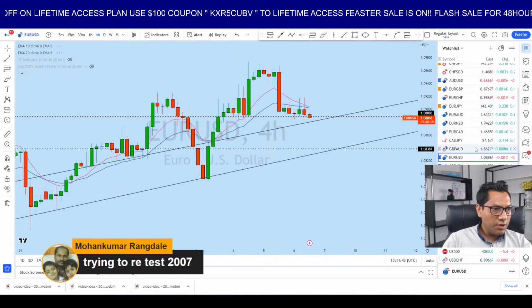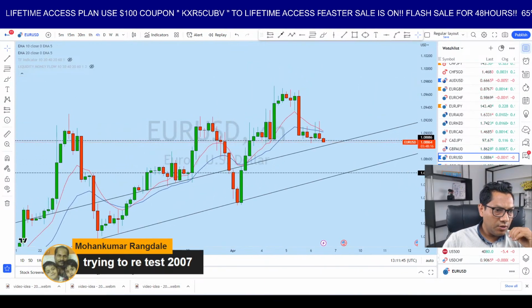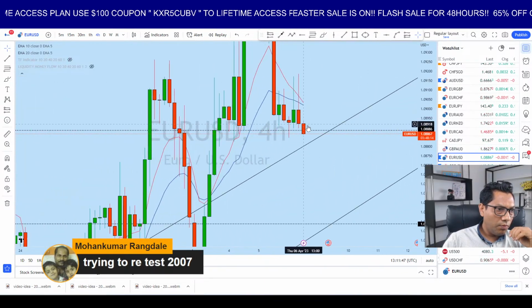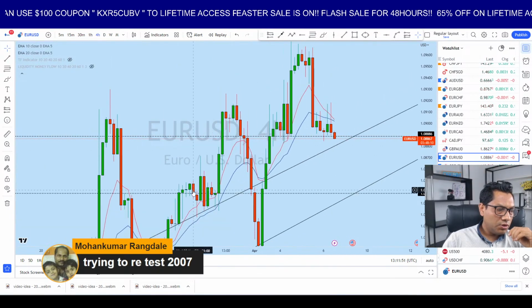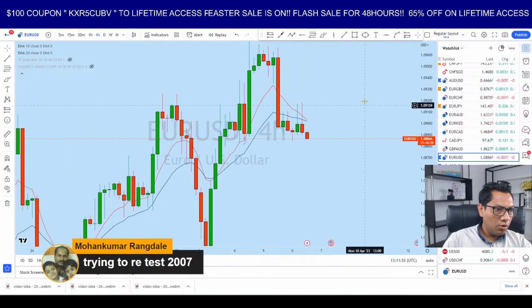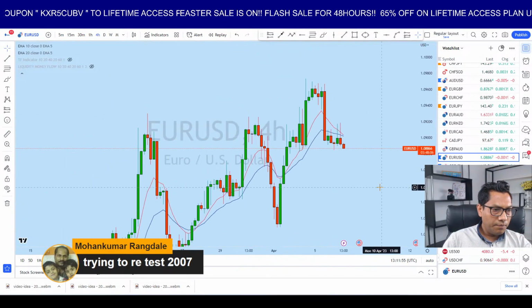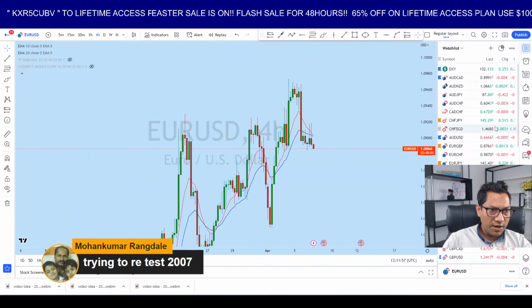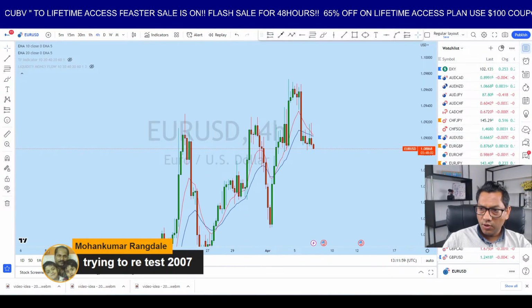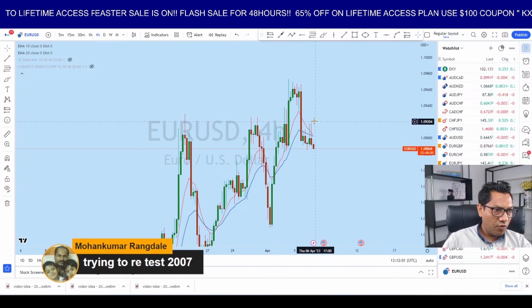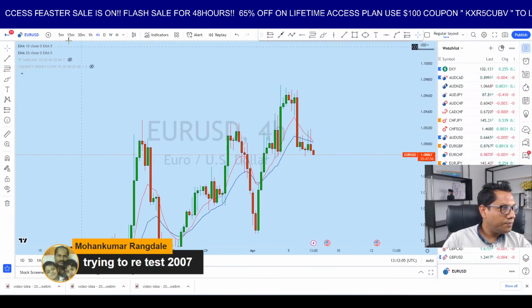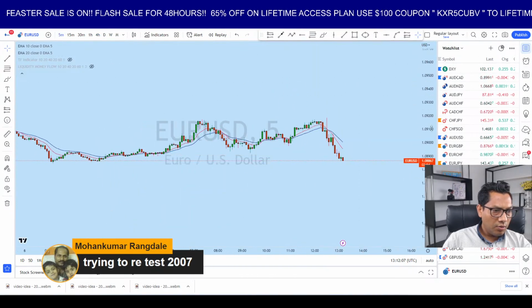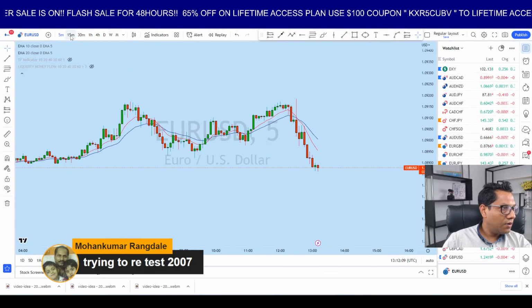Okay, so let me look at euro dollar. We can see that euro dollar has formed a bearish candle from this resistance level. It looks like the DXY might be getting a bit stronger. Euro dollar has formed a bearish engulfer, and with that bearish engulfer,